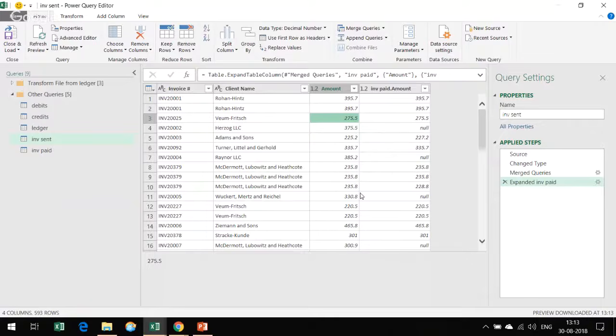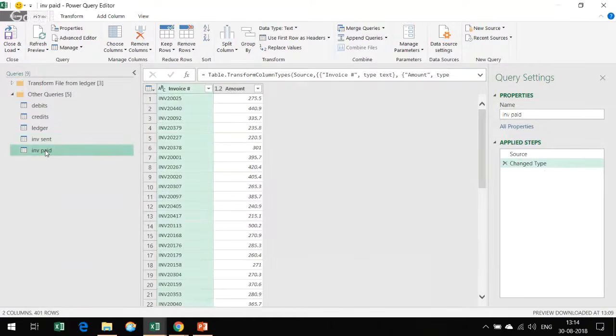The only problem with this approach is there are some duplications. Some invoices have multiple values. So what to do in such a case? This is just to show some real life variations I have implemented. At this point, you could take a call. For example, say your scenario is the duplication is happening because of a human error. They're not paying duplicates. It's just someone typing in the payments received, so they might have made a copy paste